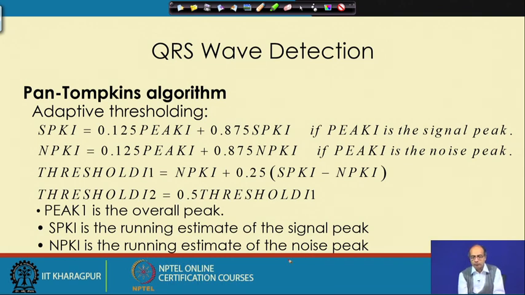So, whatever we get above the threshold could be a signal peak or a noise peak. If it is a signal peak, it is used to update the running estimate of the signal peak. If it is a noise peak, then it is used to update the estimate of the noise peak, and